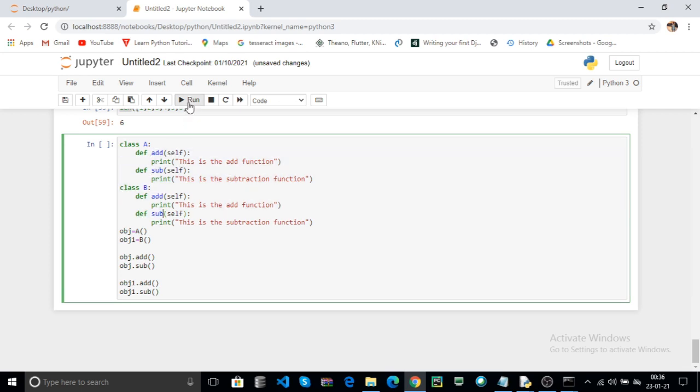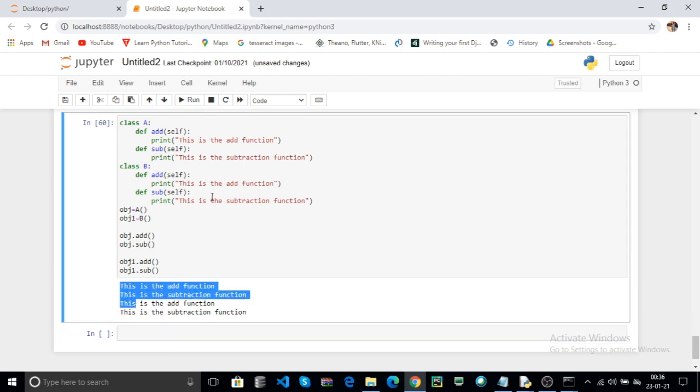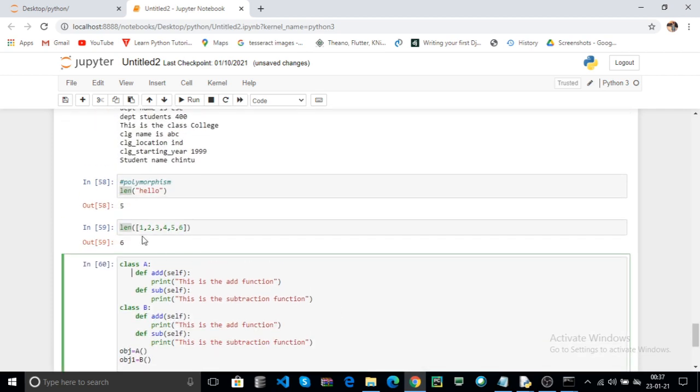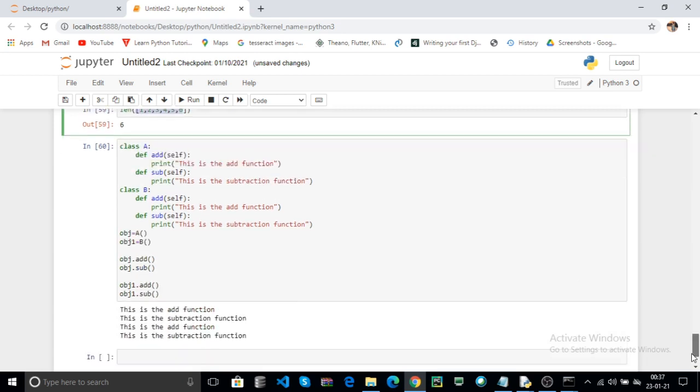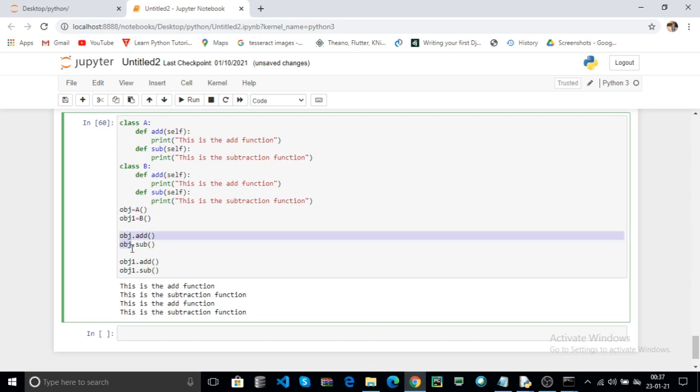And click on the run. Here this returns the same data, that means here the functions are the same. That means here your length is the same, but your type of data is different. Here the functions are the same and the type of instance object is different. This is polymorphism in Python.